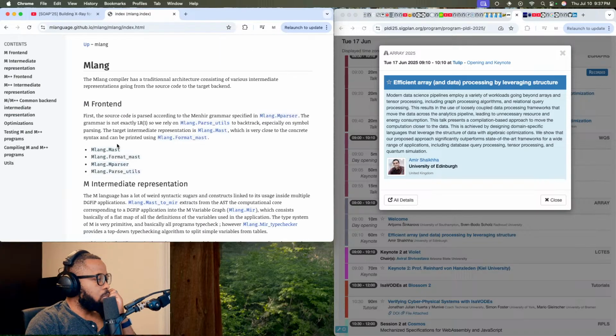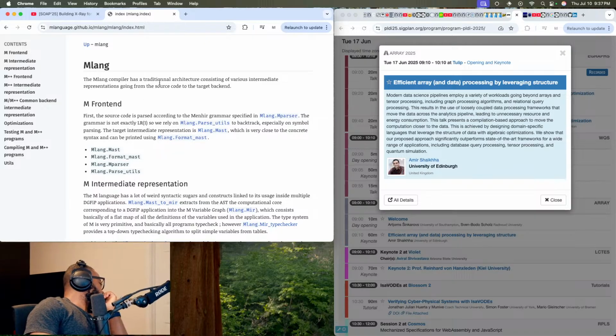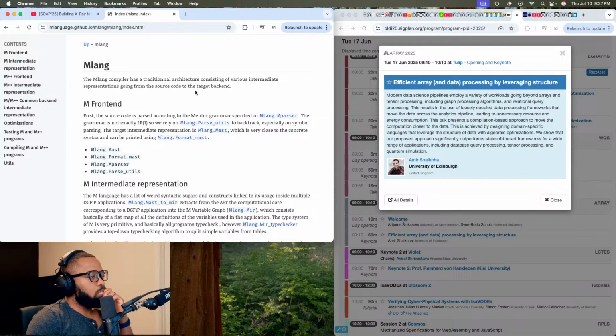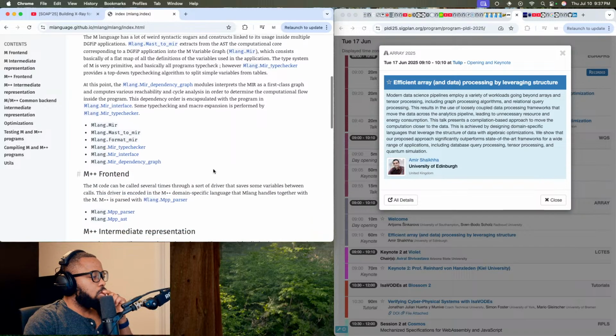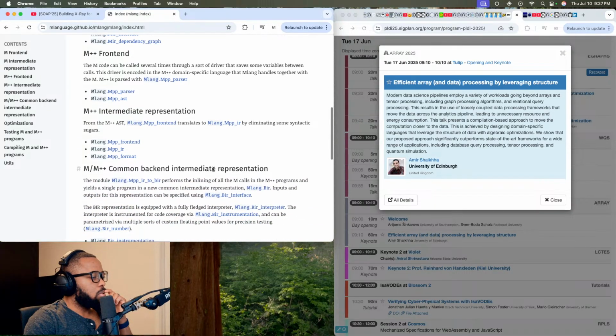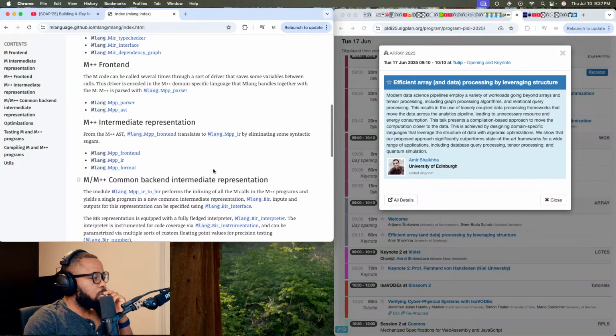What is the M language? Is this just an IR for other languages to target?